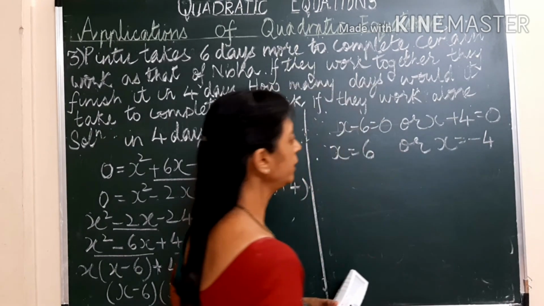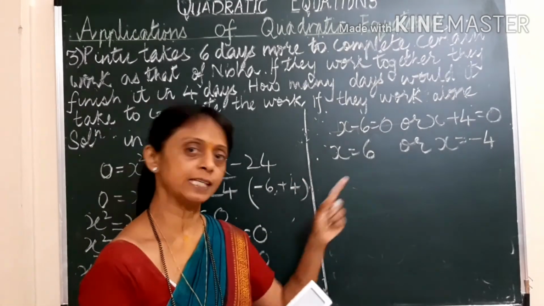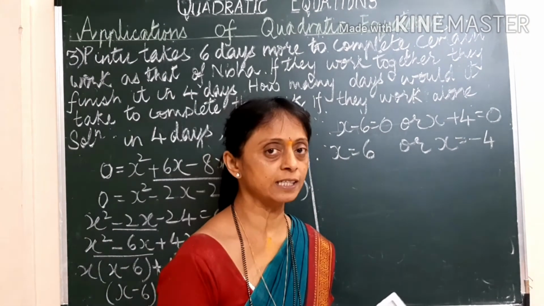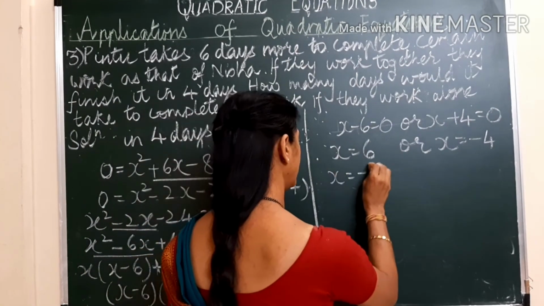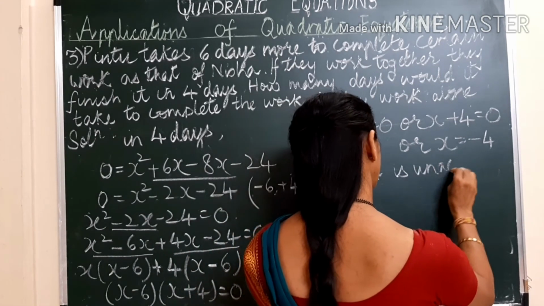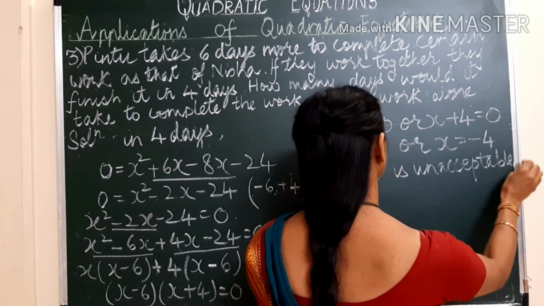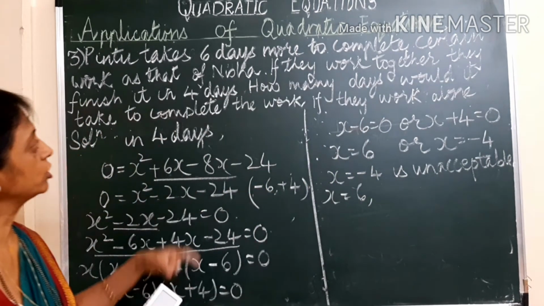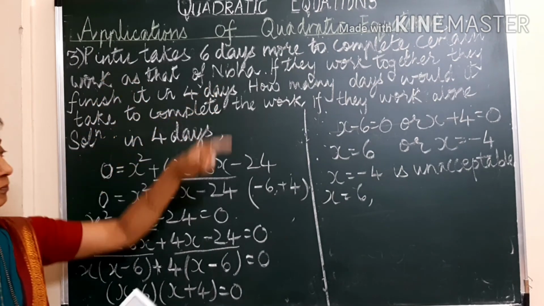So over here, children, which answer is accepted? X is equal to 6 is accepted and x is equal to minus 4 is unacceptable. Therefore, x is equal to minus 4 is unacceptable. So x is equal to 6 will be what, children? It will be that Nisha takes